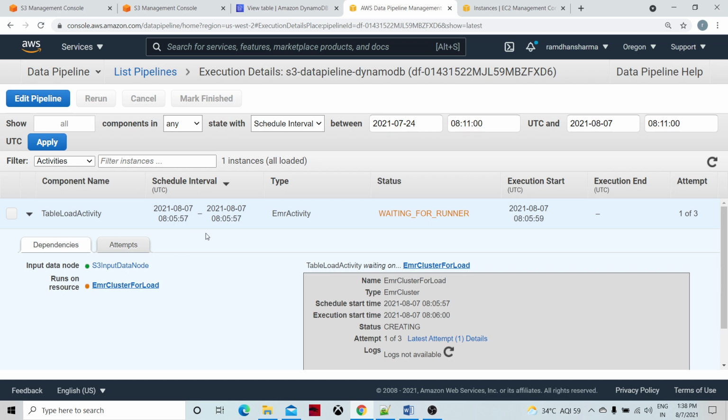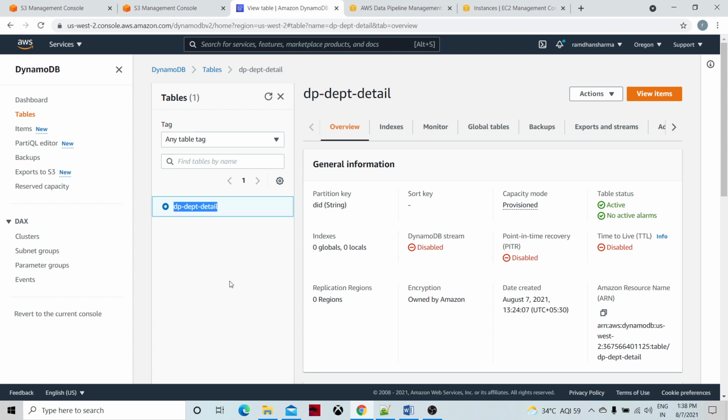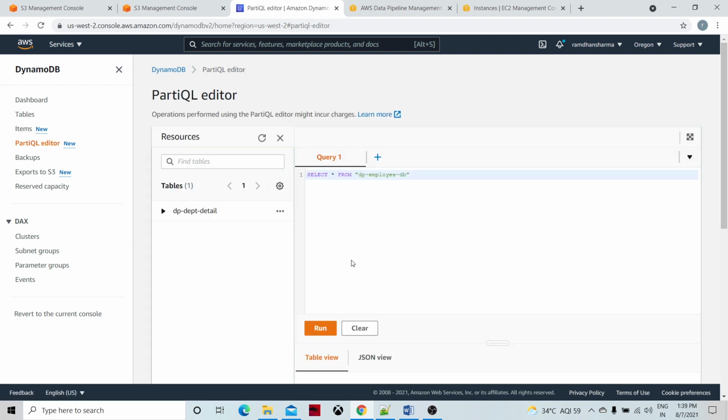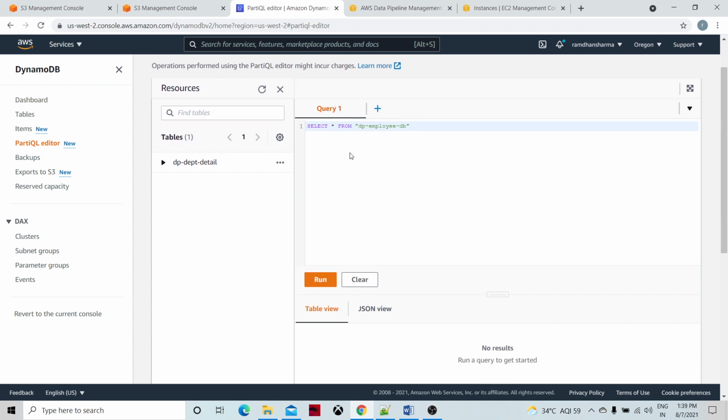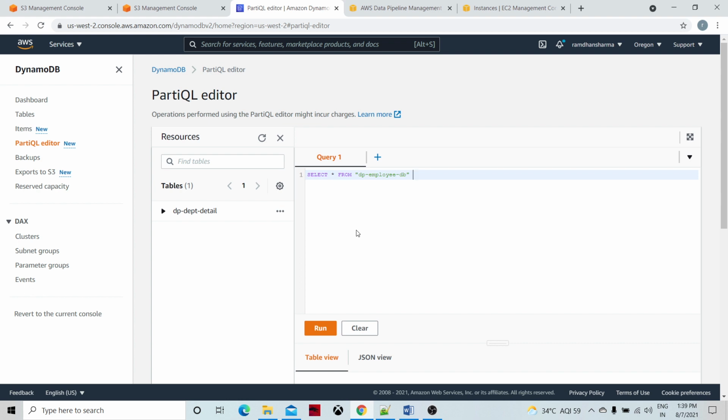Okay, meanwhile what we can do is explore DynamoDB. Earlier there was no querying mechanism, but now there is a PartiQL editor. In the PartiQL editor, there are details of the resources on the left hand side, and there is query. You can query using PartiQL, a query language, like we have SQL in other databases. Similarly for DynamoDB, which is a NoSQL document DB, we have PartiQL. There are little syntax differences.